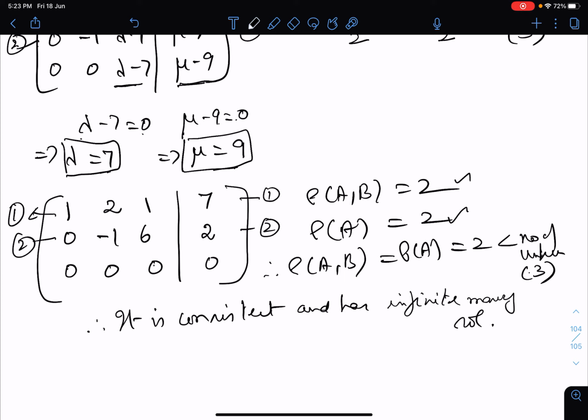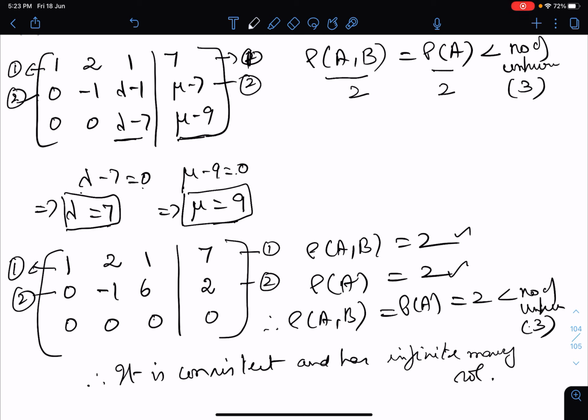Okay, this is how you are going to explain, and you put a box over these values because they are asking for what values. So you darken this one, or you can even write it below the sums. They are writing the 3 conditions: no solution, unique solution, and infinitely many solutions.